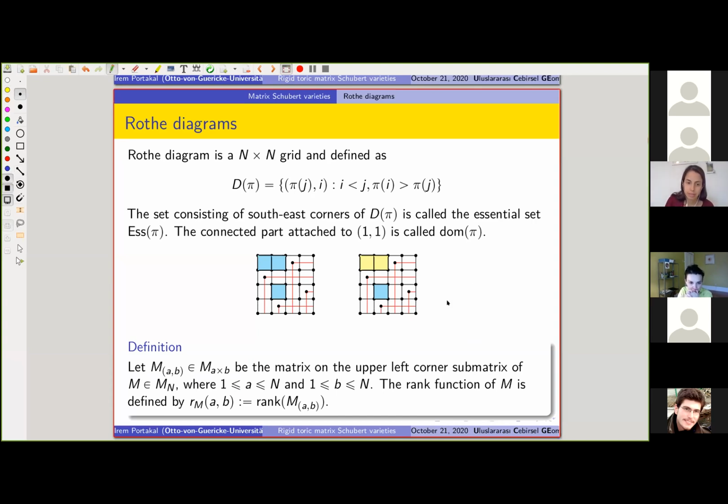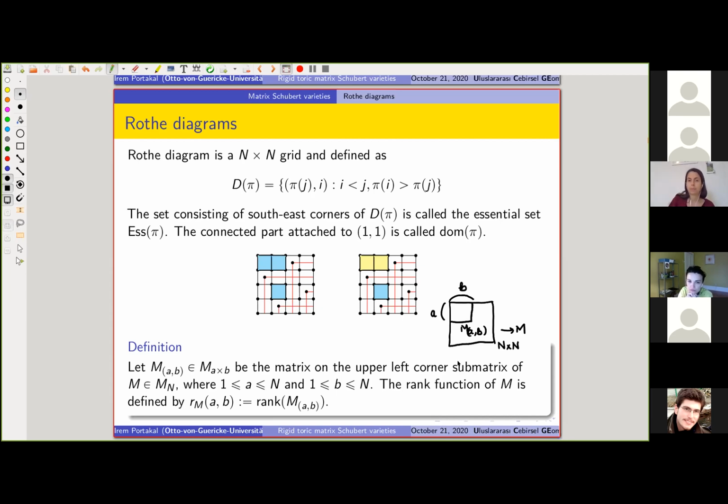You have this n times n matrix that we had the group action on. Let's call this an M matrix. And you consider this submatrix here, which I denoted by AB, with A rows and B columns. And we are going to consider this rank function, which is denoted as r_M(A,B), which is the rank of this